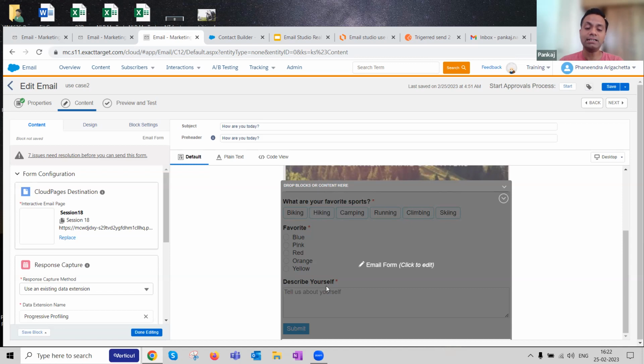Coming back, cutting to the chase, you can do progressive profiling, store the data, and then do a lot of analytics with that data. Now you know that person likes biking, right? Sorry, hiking. For our example's sake, let's say hiking. He has provided the information of hiking. Now I know that particular name, first name, last name, email, and he likes hiking.